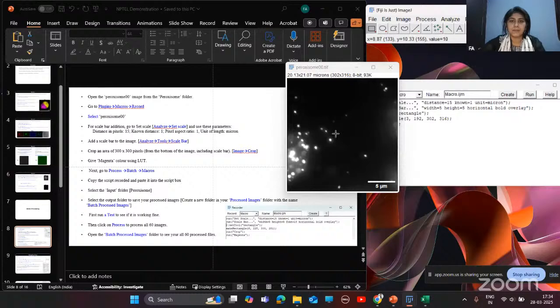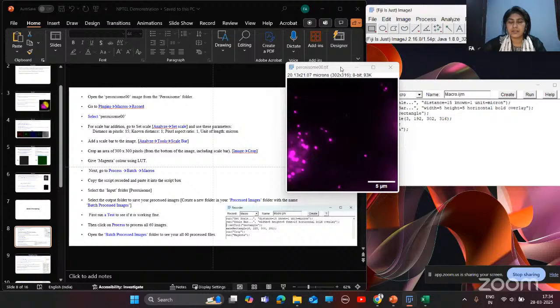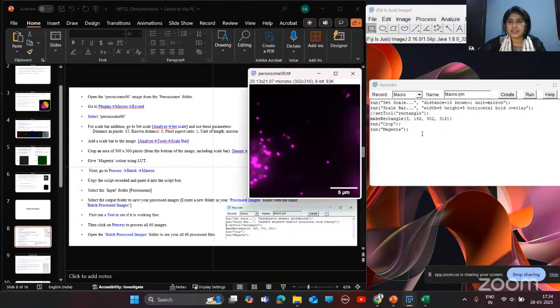So here this image has been cropped, and next we need to give a different LUT. For this, we'll go to LUT, we'll give magenta color. Okay, so here all these steps have been recorded in your macros recorder.